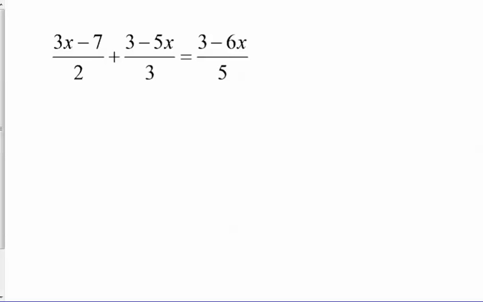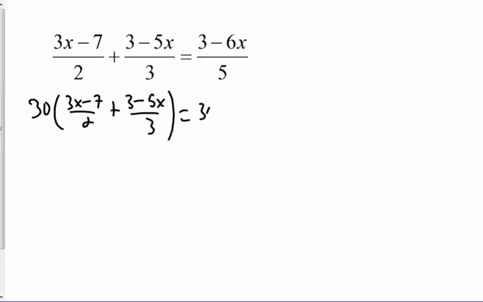So if you multiply both sides of this equation by 30, then you get something that's going to look crazy, but